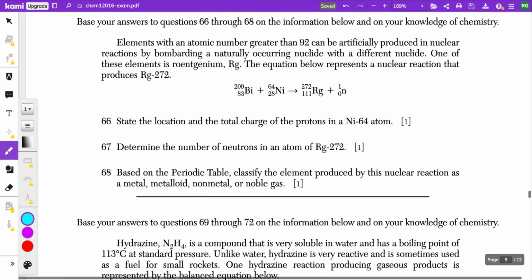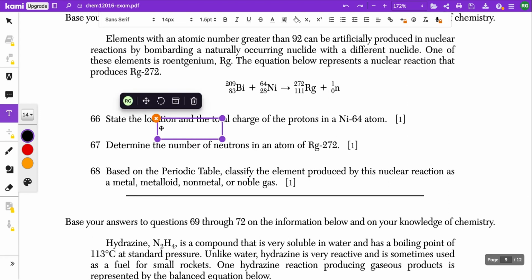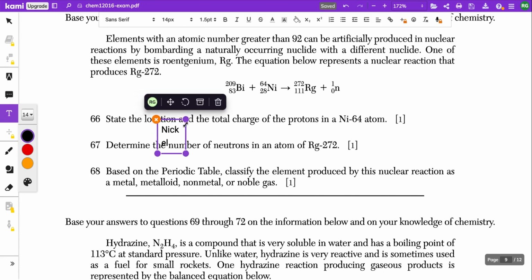All right, state the location and total charge of the protons. So nickel has 28 protons. Well, where are the protons located? We have to state the location and the total charge of the protons in a nickel-64 atom. So nickel's protons, any atom's protons,